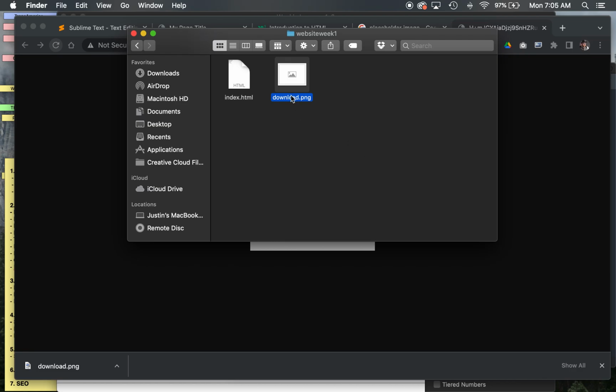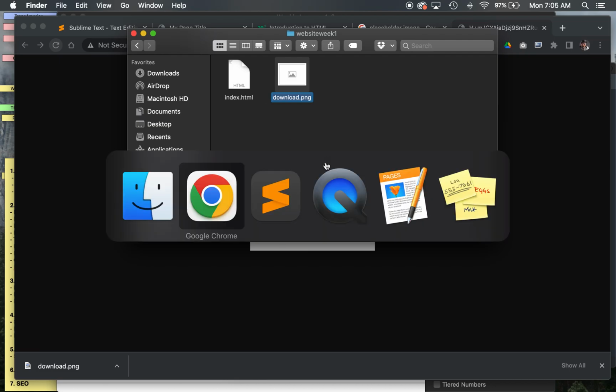Download.png. The name of the file is really important here, and the type of file you want to use. Generally for web graphics, which we'll get into a lot more in depth later in a different lesson, you want to use a JPEG, PNG, GIF, or WebP image. This is a PNG, so this will work just fine. The name of the file, I'm going to copy directly off of the file itself